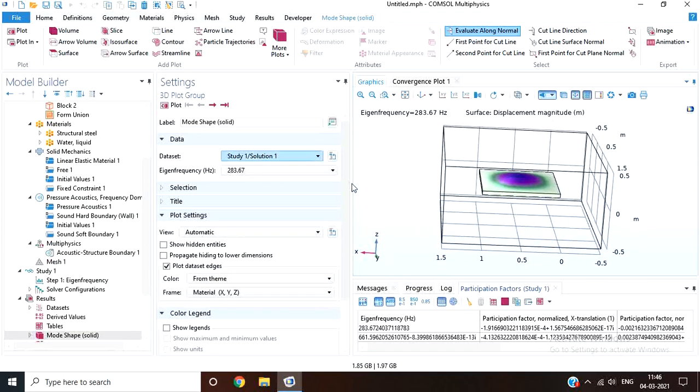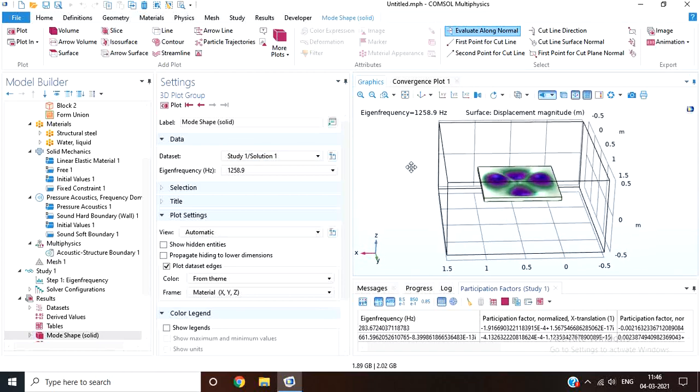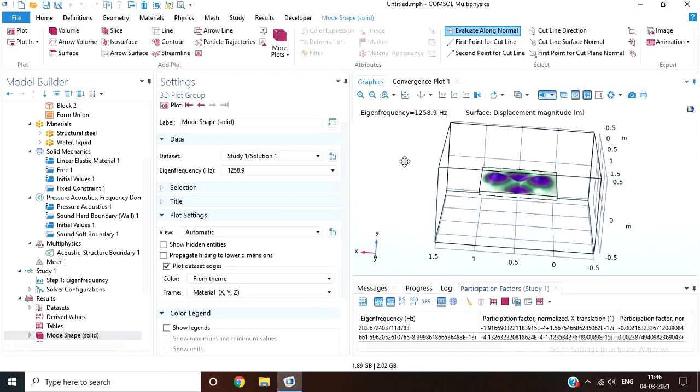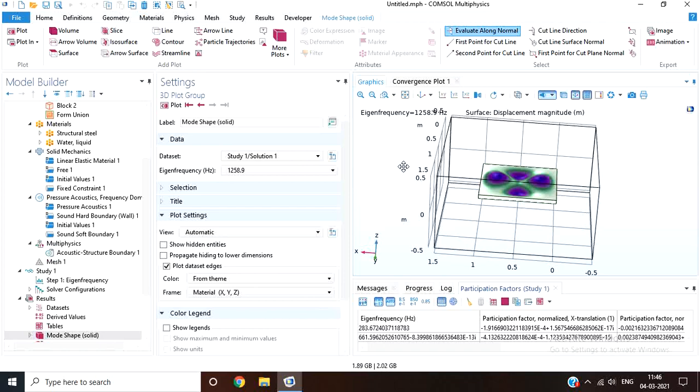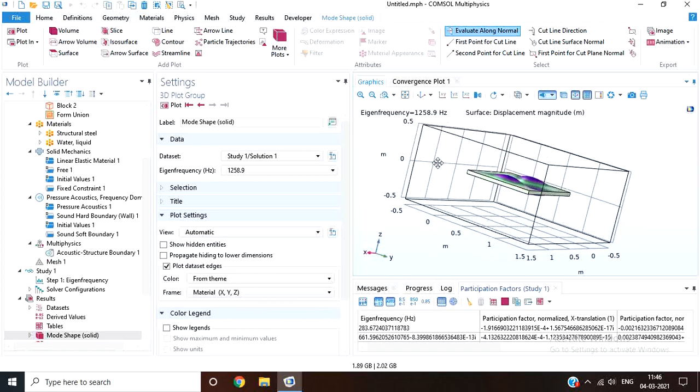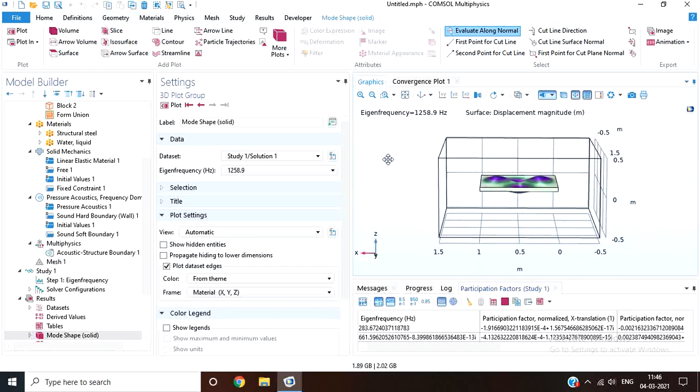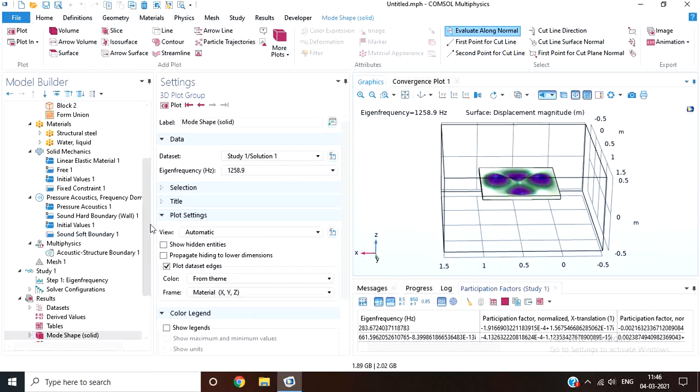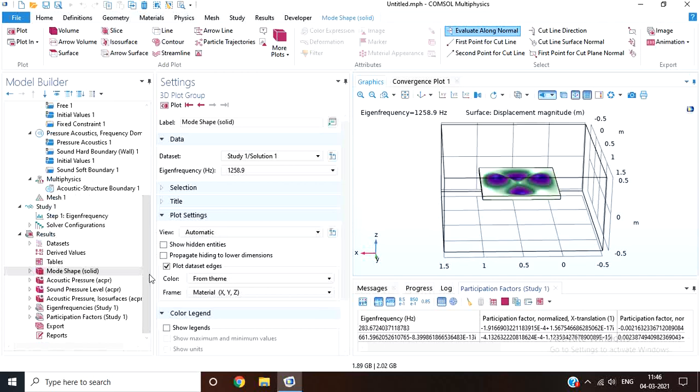So now you can see there have been changes in the eigenfrequencies as well as in the mode shapes. So in eigenfrequency study, you can only calculate the mode shapes and eigenfrequencies. Nothing such as displacement or anything else can be calculated.